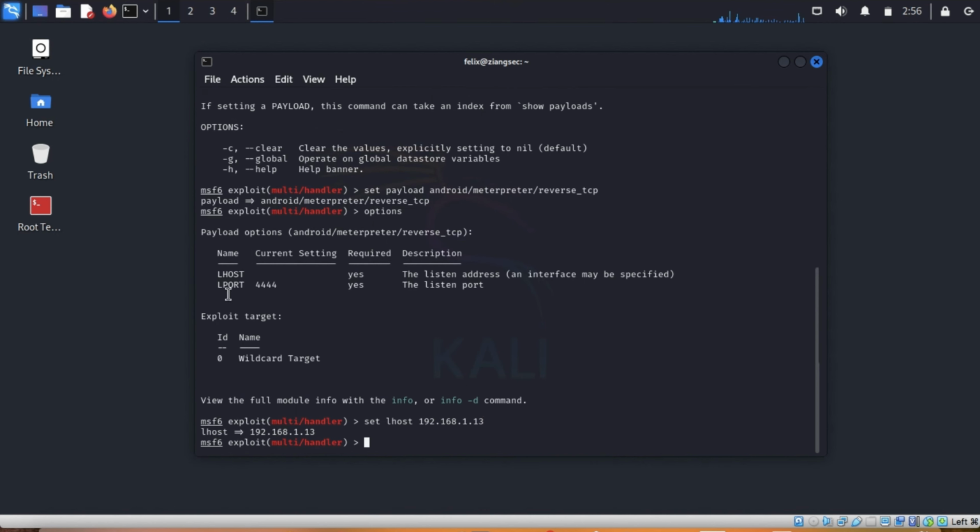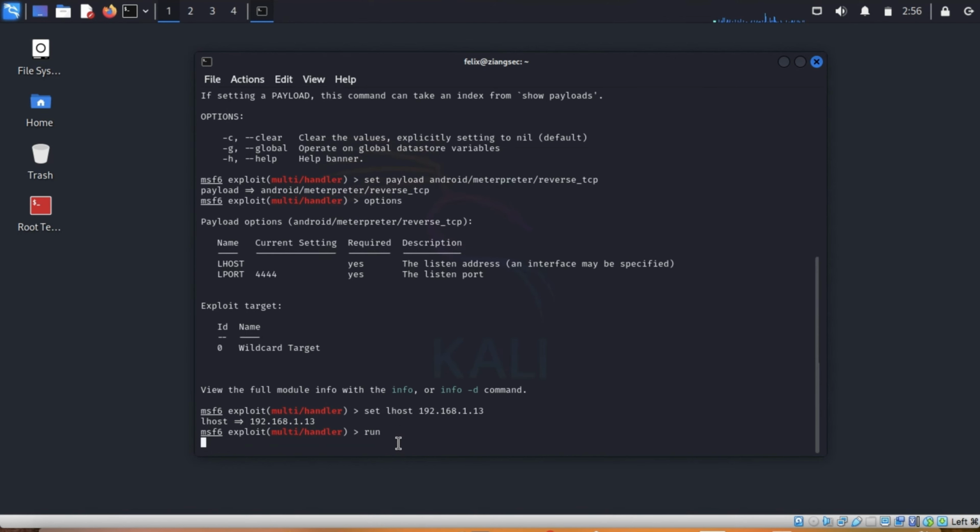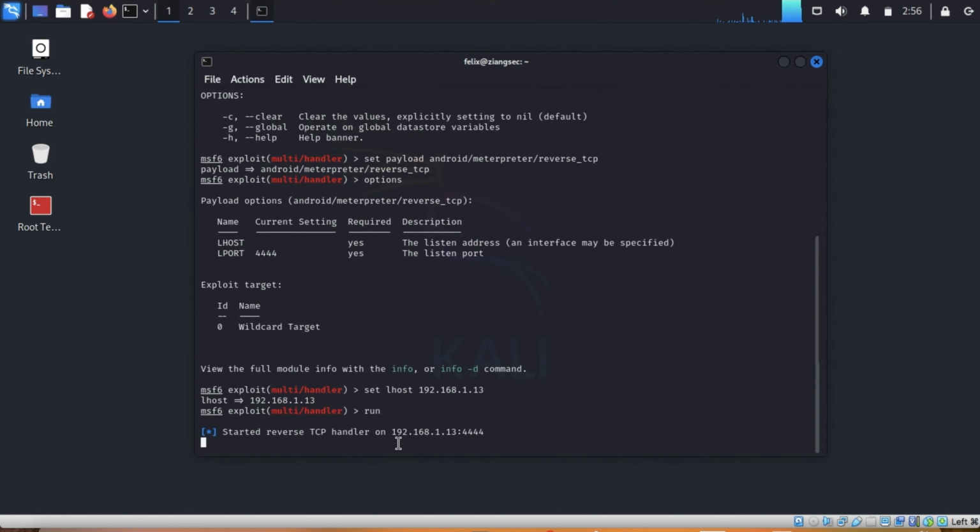Then for the LPORT, if you remember, we used 4444 when we created the APK using the MSF Venom. So that stays. And now we will run. We'll type run and press enter. Then at this point, our computer is waiting for a communication from the APK.